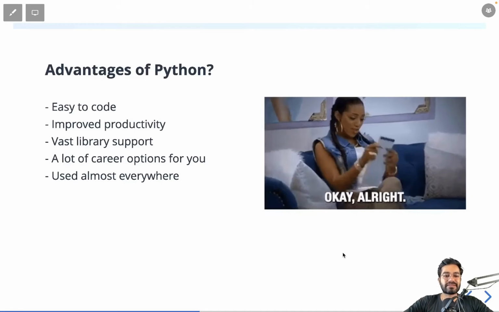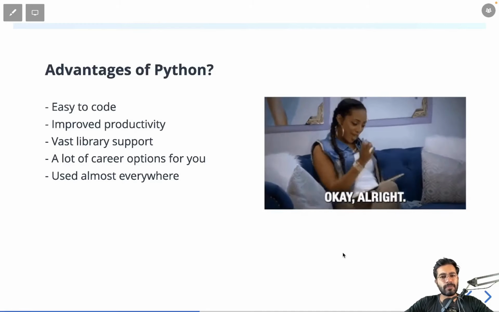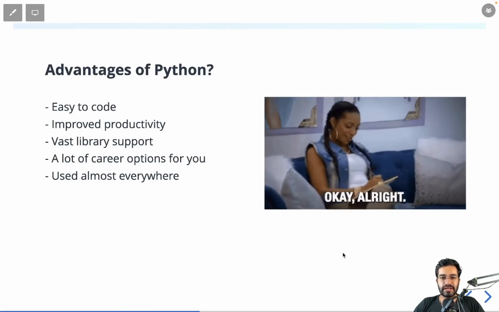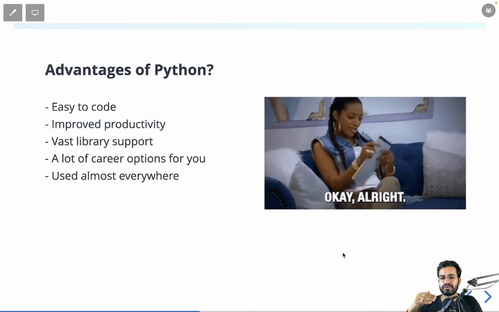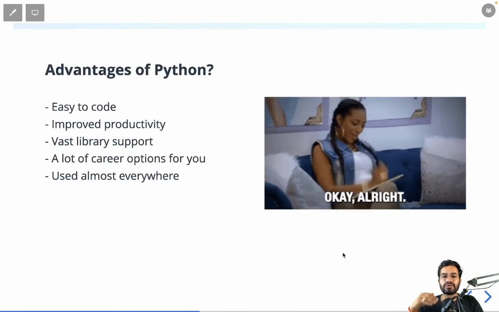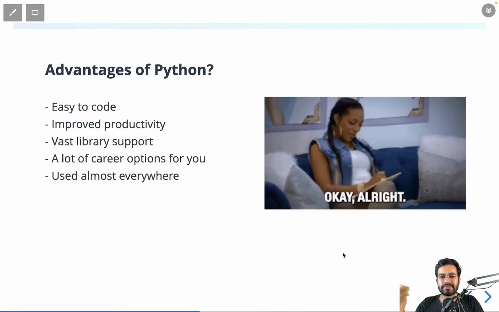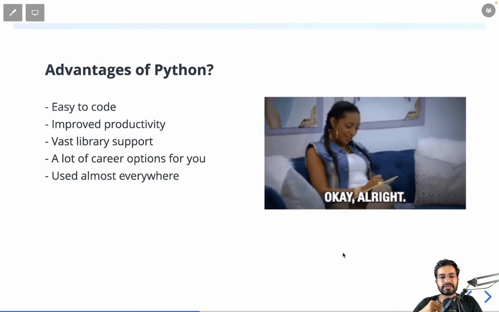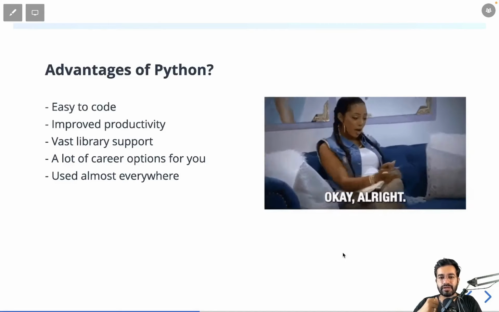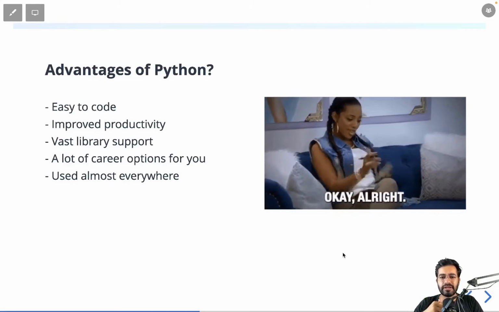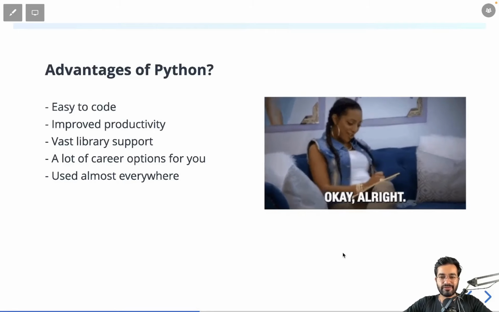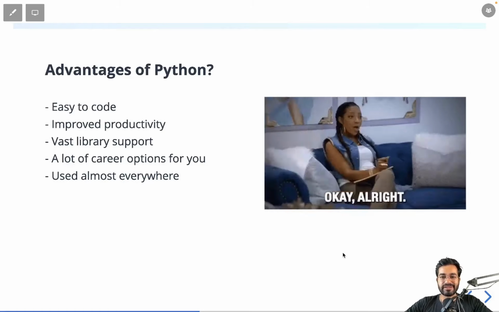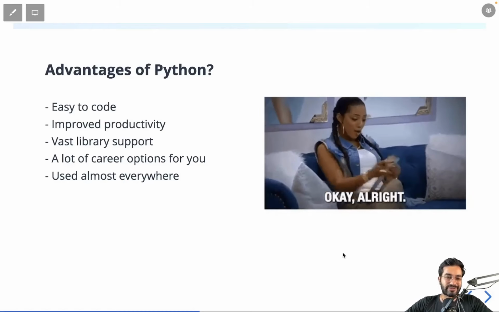And apart from that, Python has a lot of libraries as well. So what do you mean by libraries? Libraries are basically pre-written codes which you can use at any point of time in your project. Let's just say you are writing some code to do a specific task, and you want to do the same task in another project as well. So maybe you can just make a library out of it, and you can call it at any point of time in any project, and you can just use the whole code. That is a library for you, my dear friends, and we are going to see a lot of libraries in upcoming sessions, so don't worry about that.